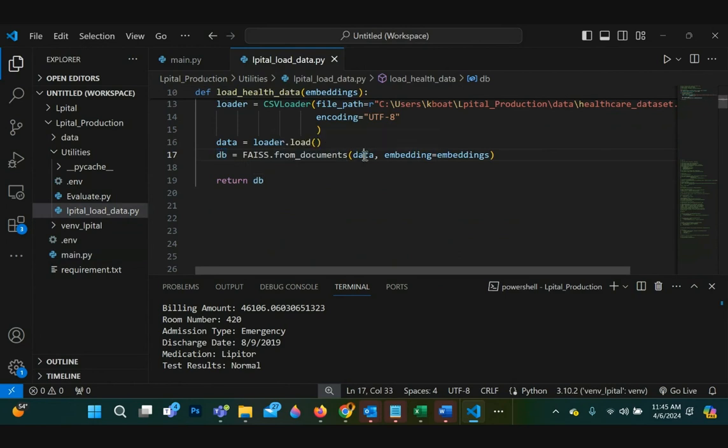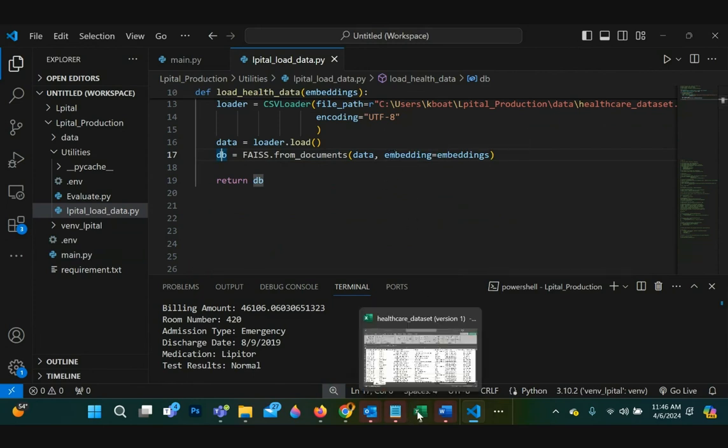It's looking at this data, which is being loaded in this variable, and then using the embedding model to do the conversion into vectors, and then returning the database. So this database now contains the 10,000 rows of data from our Excel file.